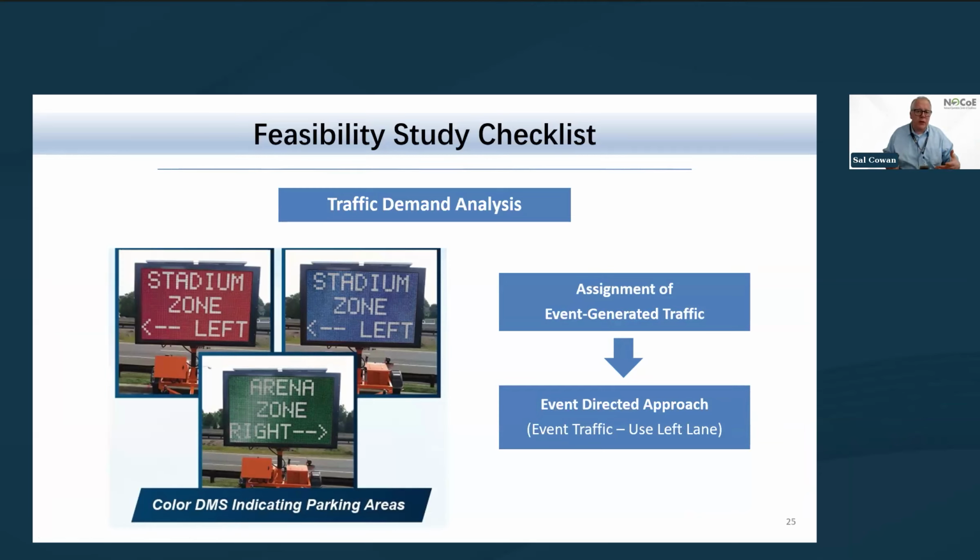showing them, look, if they may have a red ticket, stadium zone is red, the sign is red, go left. The blue stadium zone, go left. Arena zone, go right. You're mapping out your anticipated traffic flow. Once we get a more set in stone parking map from the stadium, and let's face it, specific routes for buses, we'll be using our signage this way, whether it's overhead signs, portable signs, and the like.